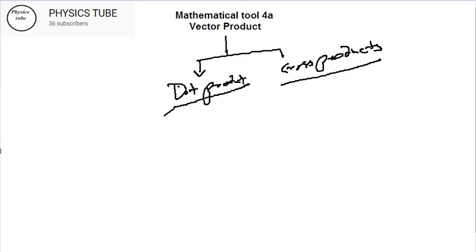Now suppose you have vector A, I write it like this. Suppose you have vector A by